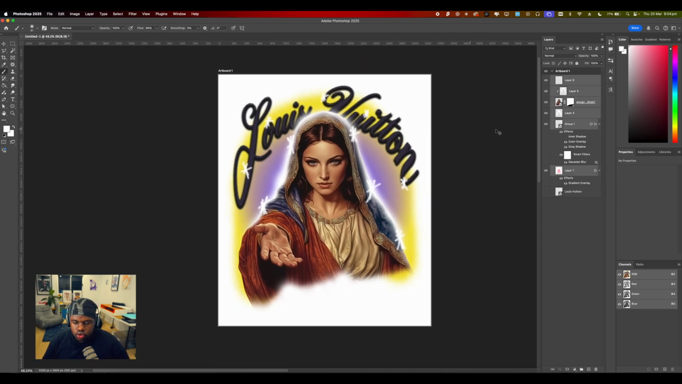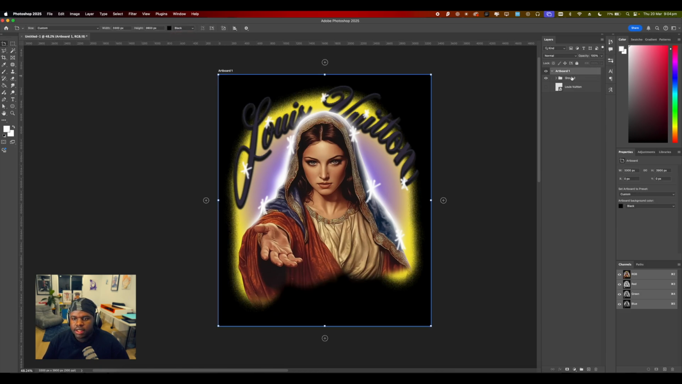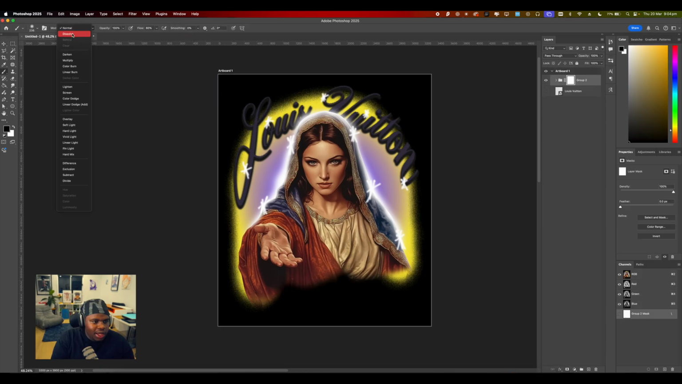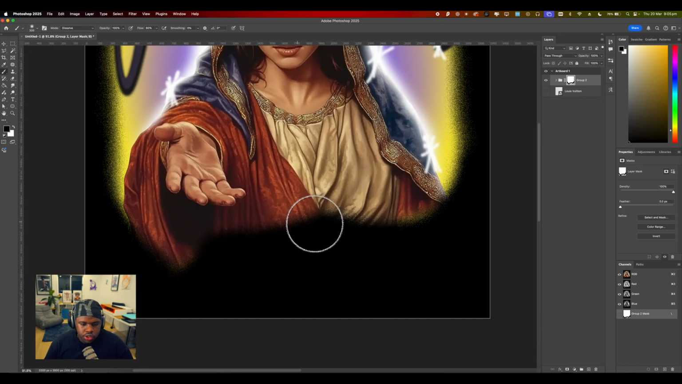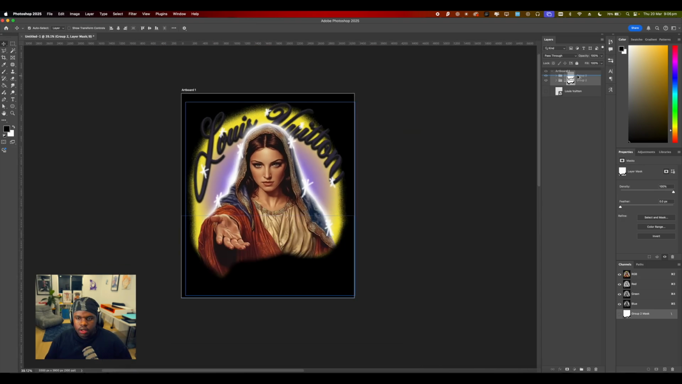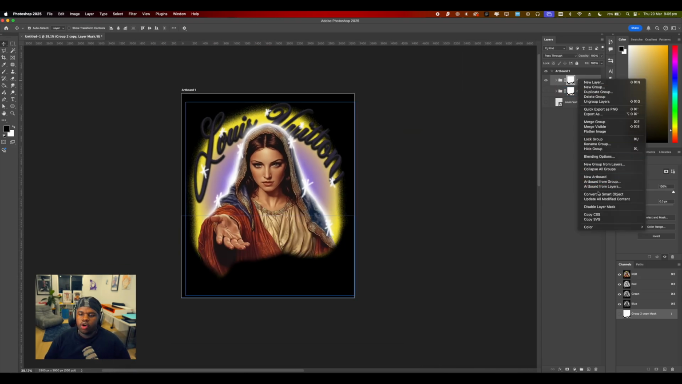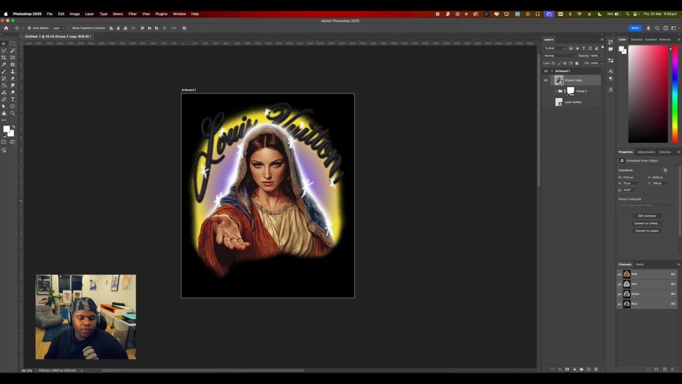Next, I'm going to go ahead and group all this. I'm going to set it back to black just so we can see what we're doing. Again, set it to dissolve. The reason why I added this last mask and set the brush to dissolve is just to clean it up a bit more. Lastly, I'm going to make a duplicate of that whole grouped layer, convert this one into a